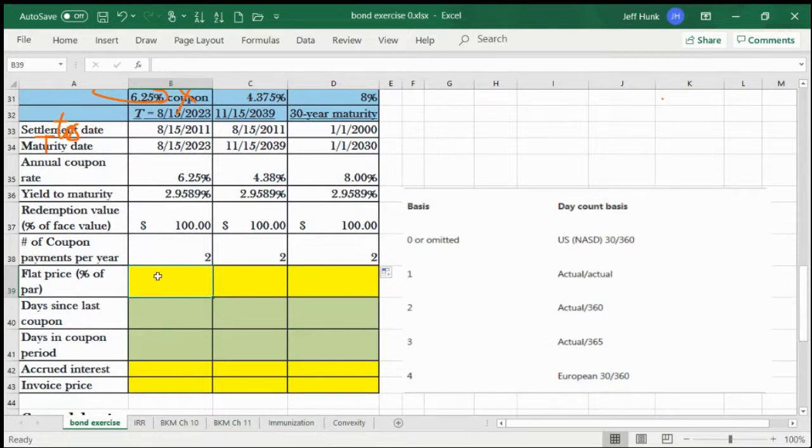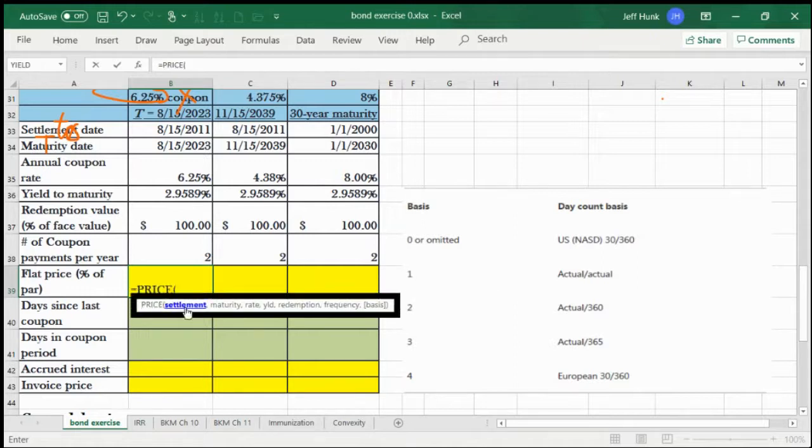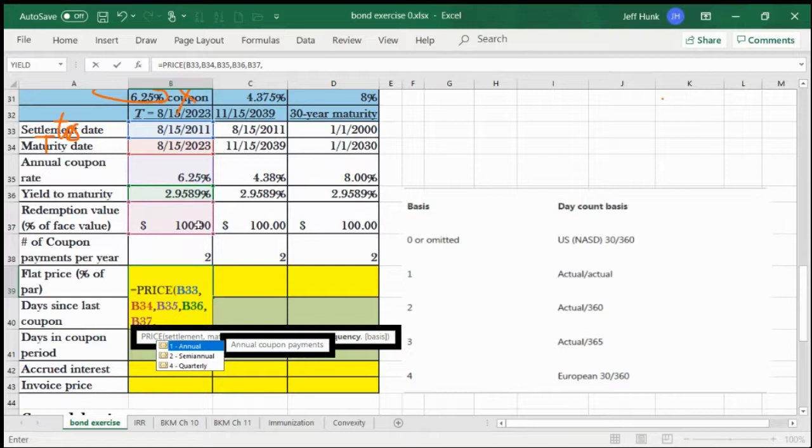So using the price command, right? Price, double click. Now first you will need to enter the settlement date. This is the settlement date. Maturity date. There you go. Coupon rate. There you go. Enter. Yield. There you go. Redemption. There you go. And then